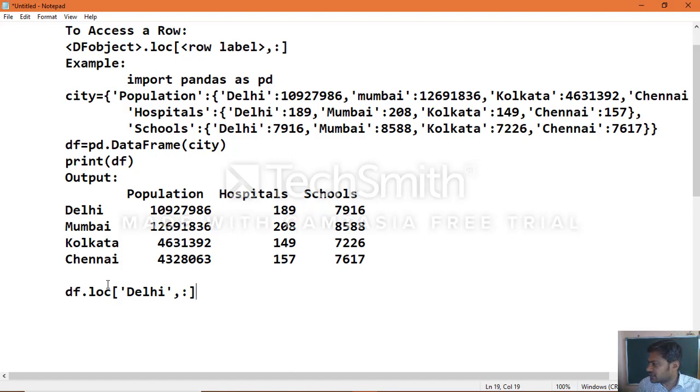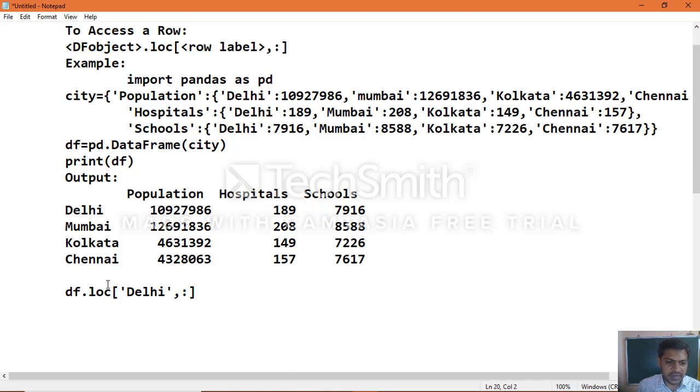If you specify this, you will get the information of only one row as output.